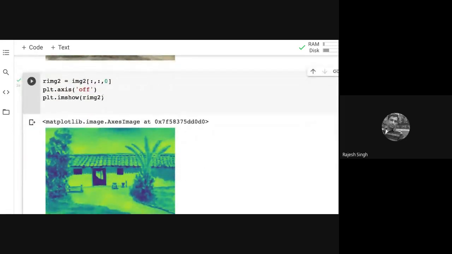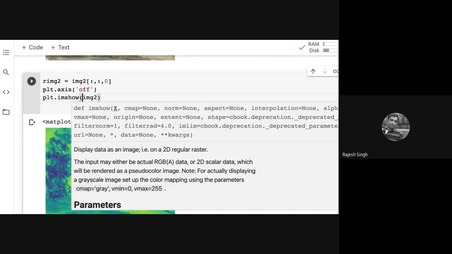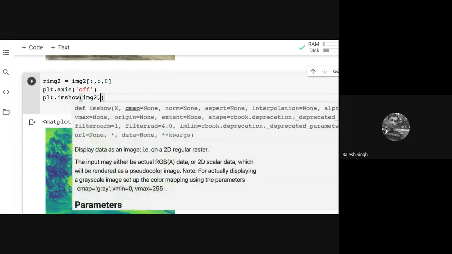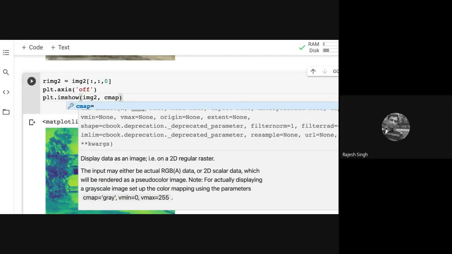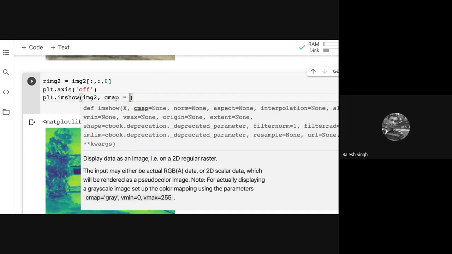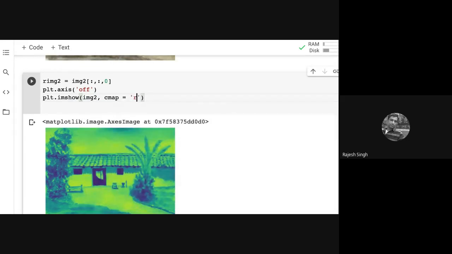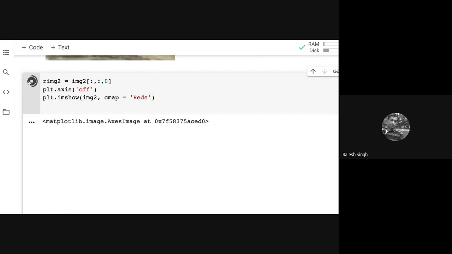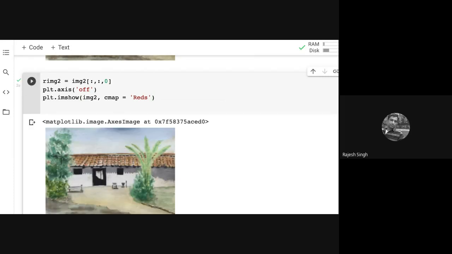You can see that the color map has gone haywire. So I remove this and put the color map. Don't forget that part. Color map is equal to... sorry. You take off the red component.